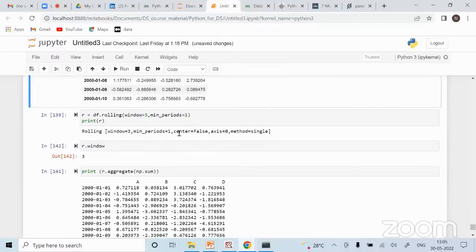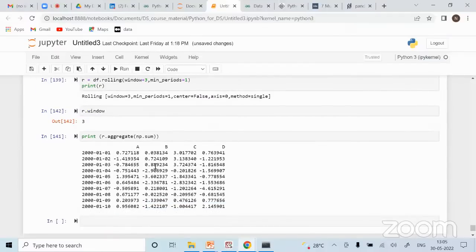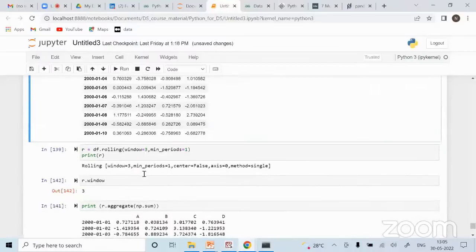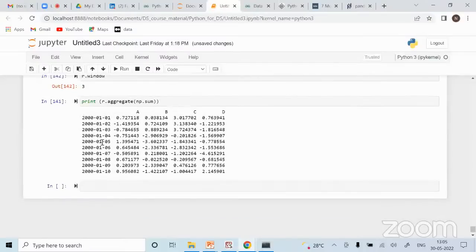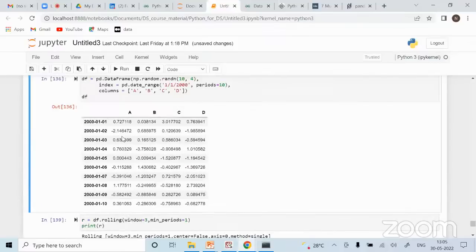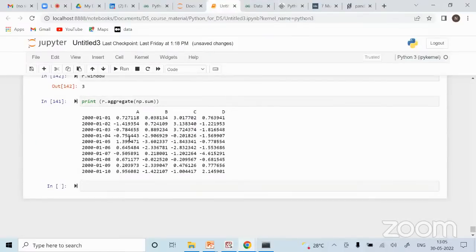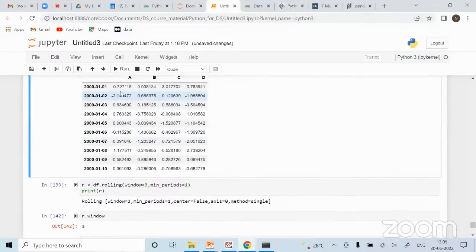Okay. Now what I want to do is aggregate it and sum it, right? So that's what I want to do. And as you can see here, the values what you have got over here, it is simply doing this: if I just take these 3 values and take the average of it, right?